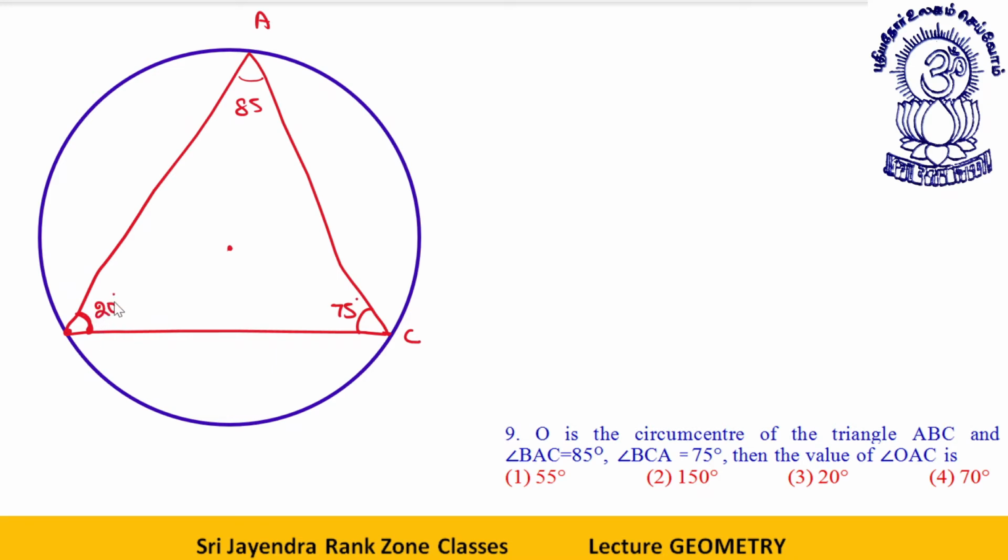Then the value of angle OAC, this is B. OAC, now dear students, we have to determine this angle O. This is OAC. You need to determine this angle. For determining this angle, dear students, what you will do is, see, this angle is 20 degree. If this is 20 degree, what will happen? This angle will be double of 20. This will be 40 degree. Okay, this angle will be 40 degree. Fine, so far clear. Okay, center double.